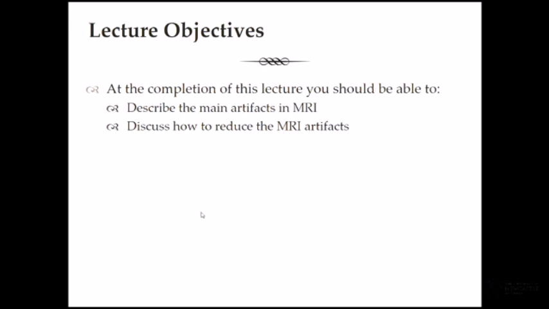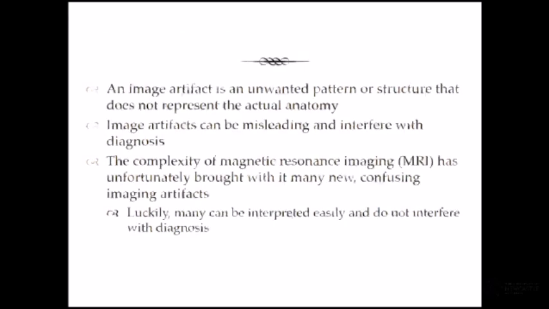We're going to talk about the main artefacts in MRI, and we're going to discuss how to reduce some of them. An artefact is an unwanted pattern or structure that does not represent the actual anatomy. Image artefacts can be misleading and interfere with diagnosis. So it's important to understand how some of these artefacts are made, because quite often when you're imaging,